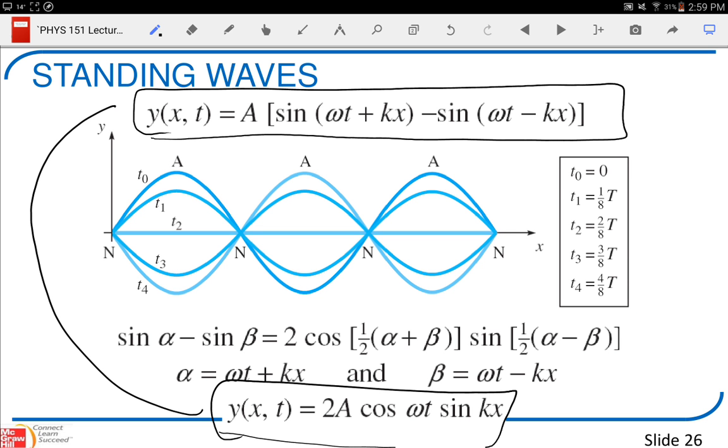Now what you notice here is this now has decoupled the time and the position. You don't have an equation that has something times t plus or minus something times x. You have an equation that's something times t multiplied by something times x. And so what we can do now is we can plot the time behavior separate from the position behavior. And what we're going to have is a wave that travels in between